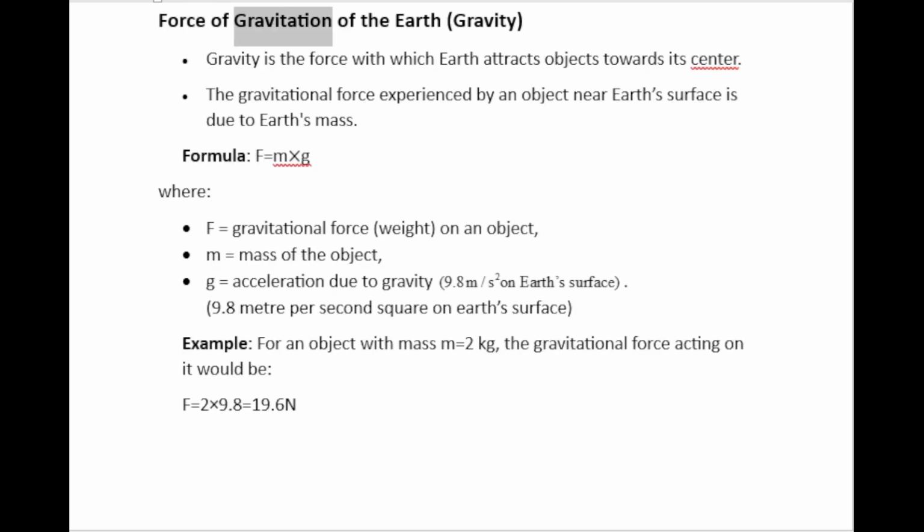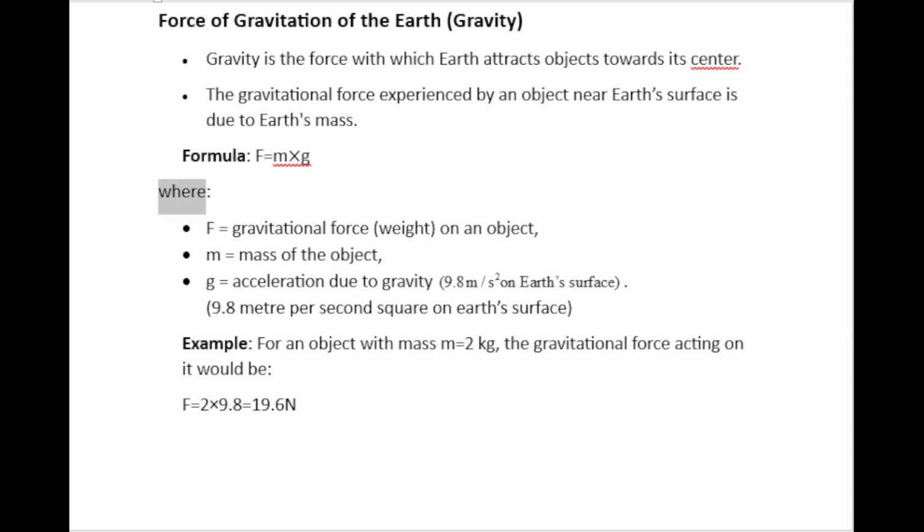Force of gravitation of the Earth, gravity. Gravity is the force with which Earth attracts objects towards its center. The gravitational force experienced by an object near Earth's surface is due to Earth's mass. Formula: F is equal to m times g,